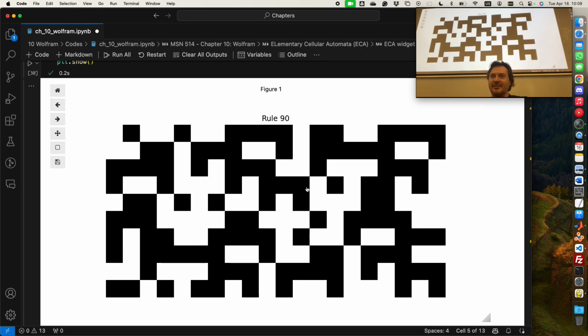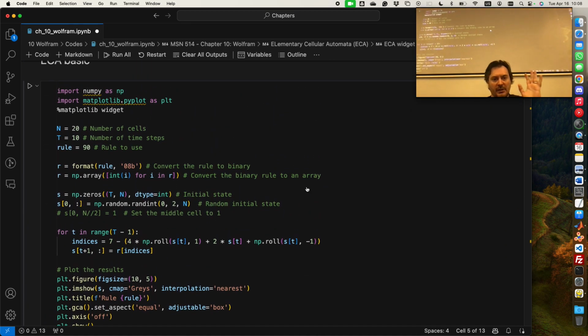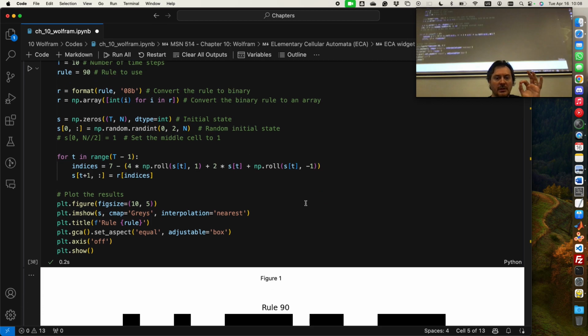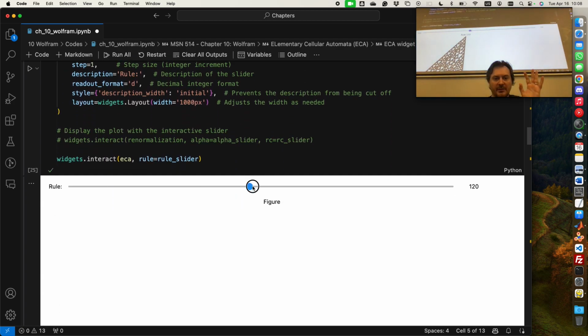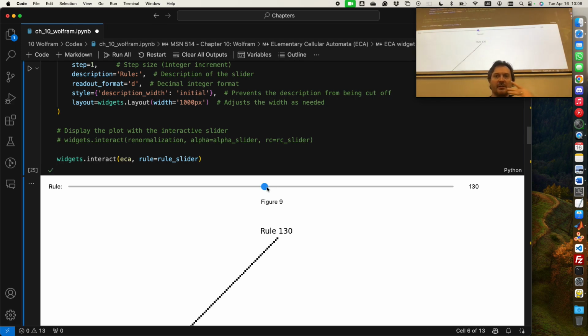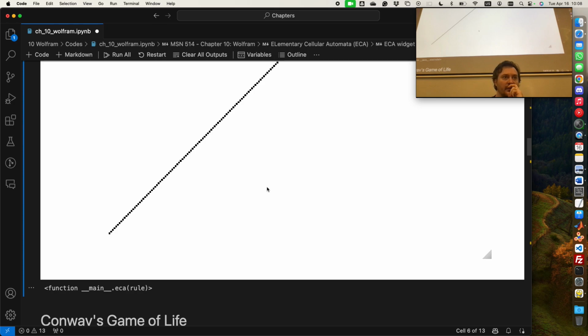There are two codes, it's the same code. One of them is basic, one of them is widgets. Yes, okay, let me explain. One of them is widget because I want to zoom. The other one is widget because I want to play it like this without zooming. That's it. But they are the same code. Any other questions? Okay.